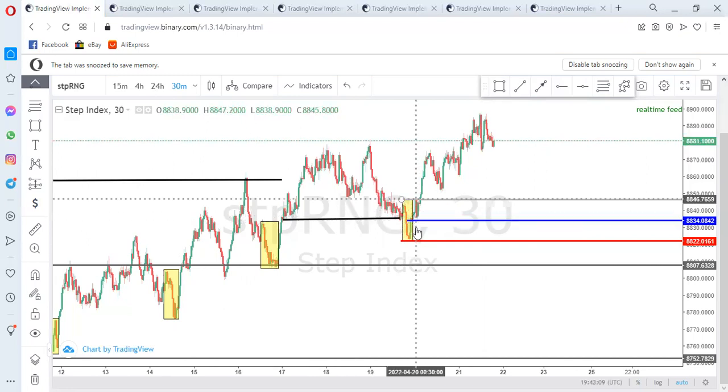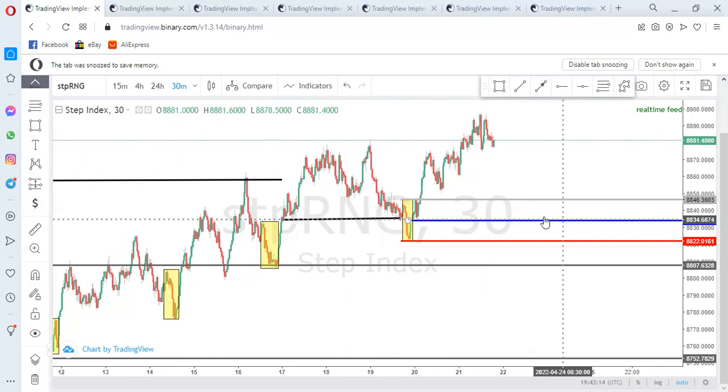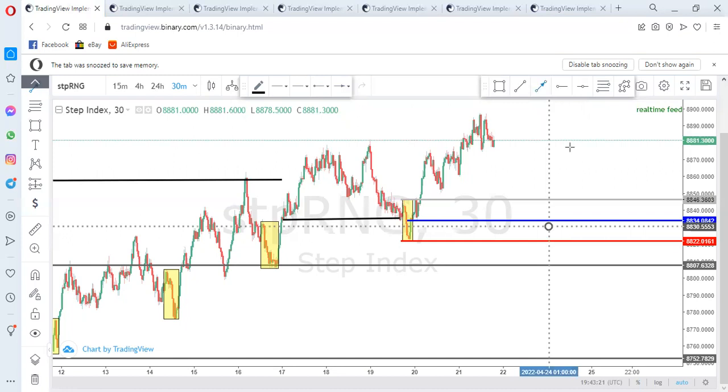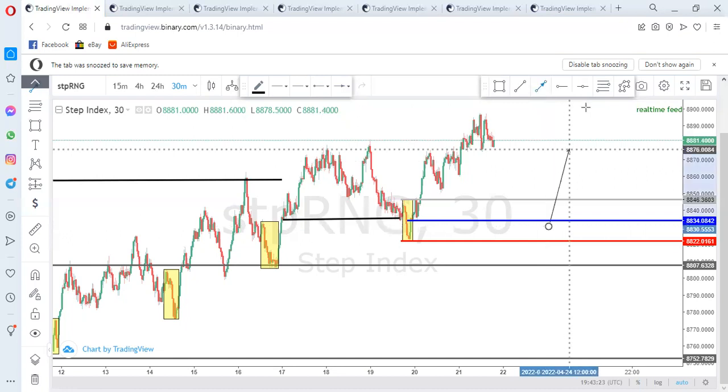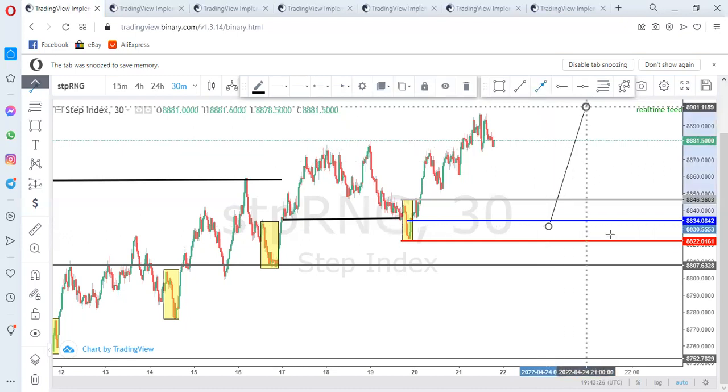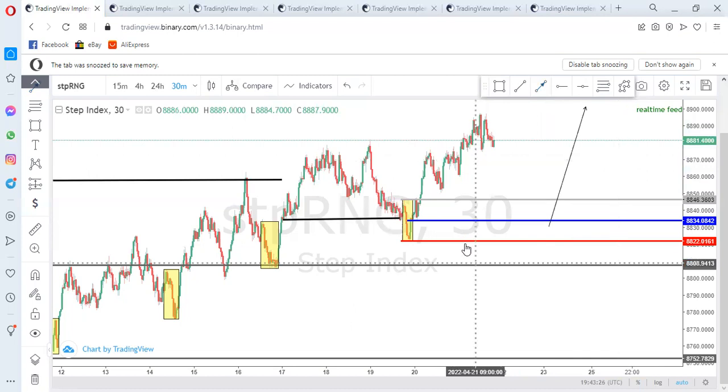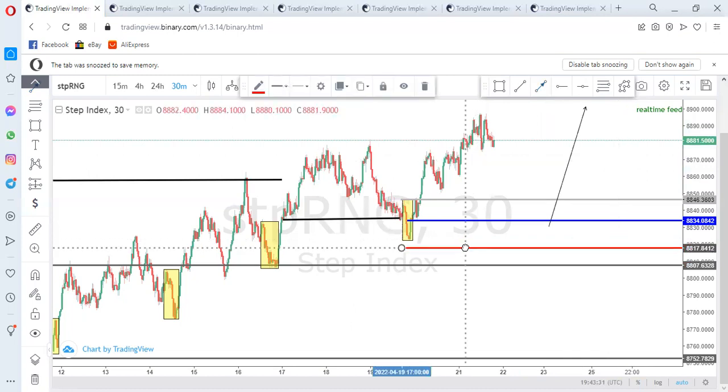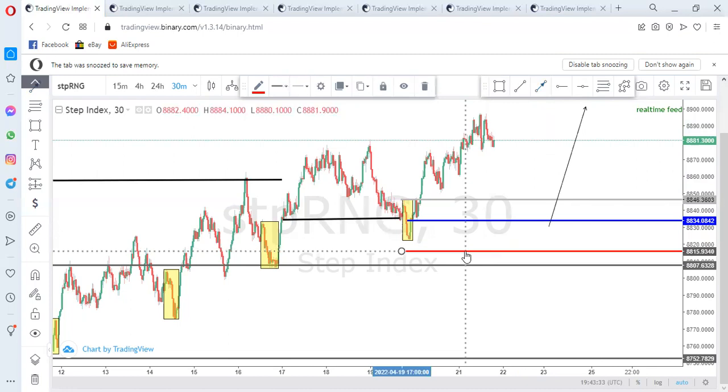And this is the 50% of this move. That's why I marked it at the 50% of the move. That's why I intend taking my trade. Let me draw my arrow so that you see the 50% of this is where I intend taking my buy for a long time. Then my stop loss, as you know, is always on the right. I use the red line for my stop loss, and it's going to be right below here, guys. So that's what I'm looking at on Step Index, a very big buy on Step Index,